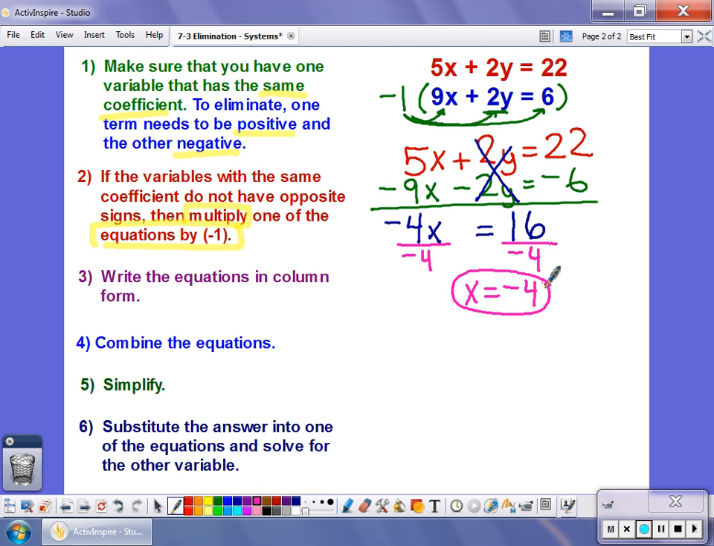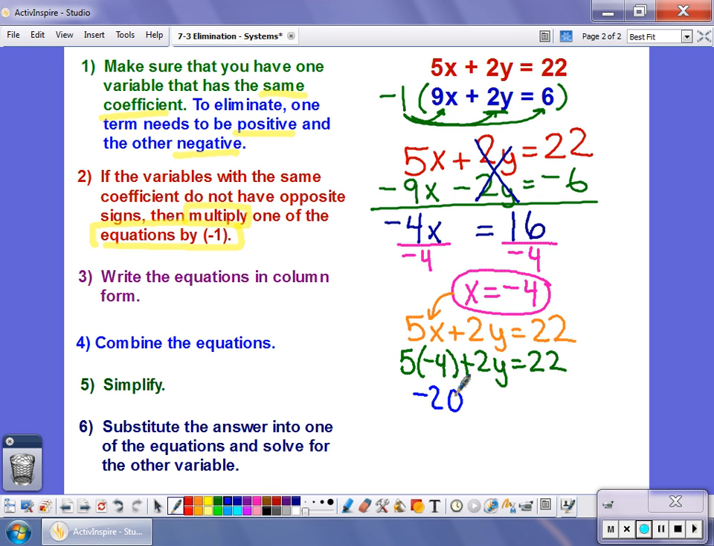Now, again, I'm only halfway there. We have to find our y value. And to find y, I go back to one of my original equations, doesn't matter which one, and I'm going to take this value for x and plug it in and then solve. So I have 5 times negative 4 plus 2y equals 22. Then I'm going to multiply this out. 5 times negative 4 is negative 20 plus 2y